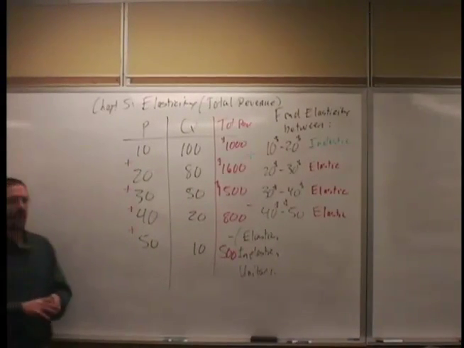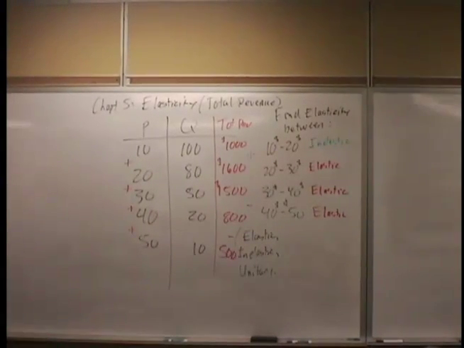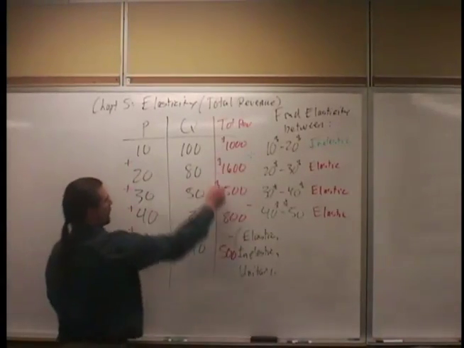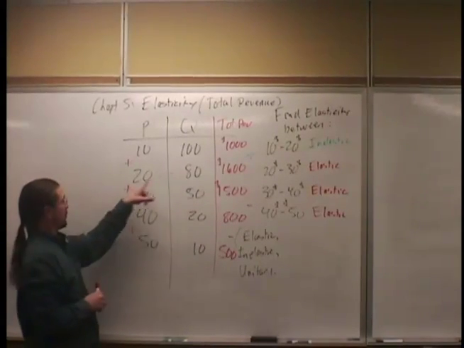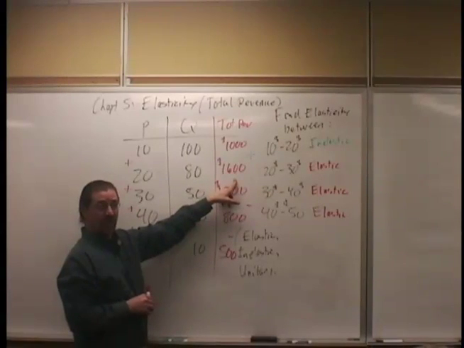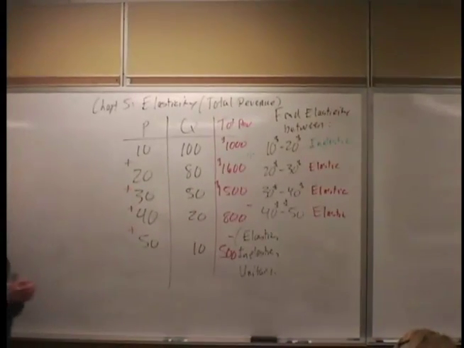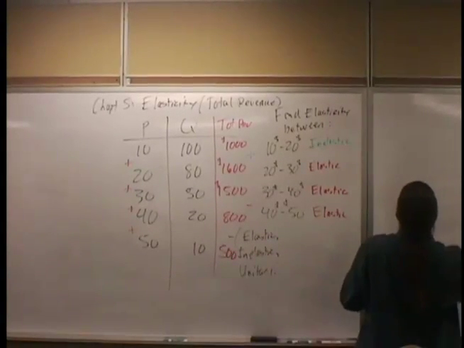All right. To be unitary, we would have to have something where the total revenue doesn't change. So like if this had been 50, then 20 times 50 would have been 1,000. When the value of your total revenue doesn't change, that's when you're unitary. All right, now, this is all well and good. What the hell does it mean? The key behind this